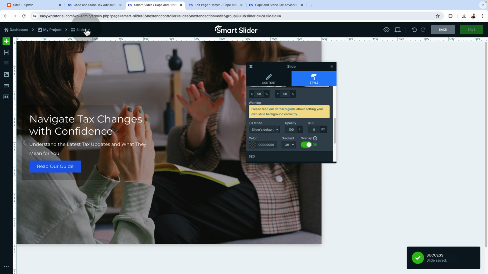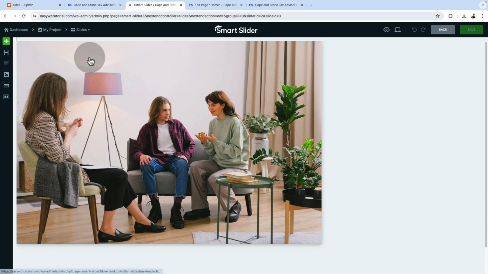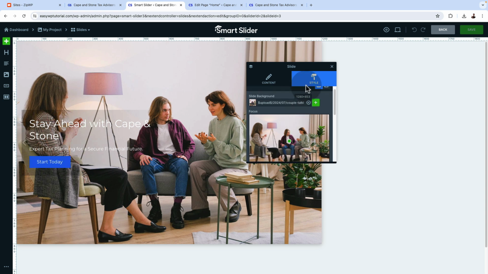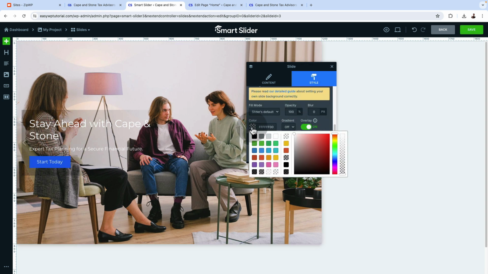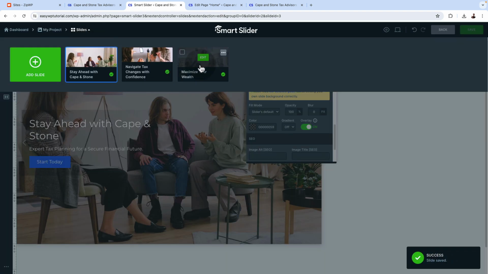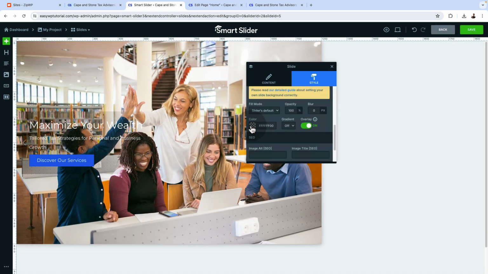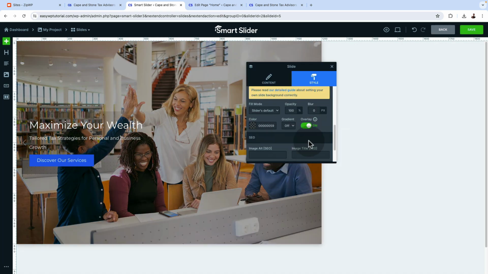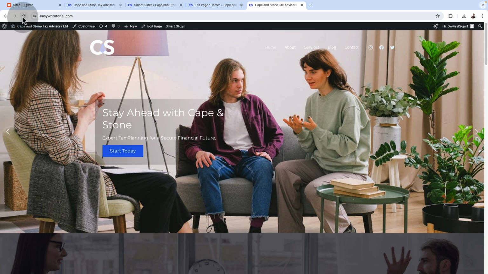I can now navigate to the other slide. So this is the first slide. I'll come right over here and enable overlay. And here is the overlay background color. Save. Go to the other slide as well. Enable overlay and select our overlay color, which is this. And then save changes. Now when we come to our home page, I'm going to reload,